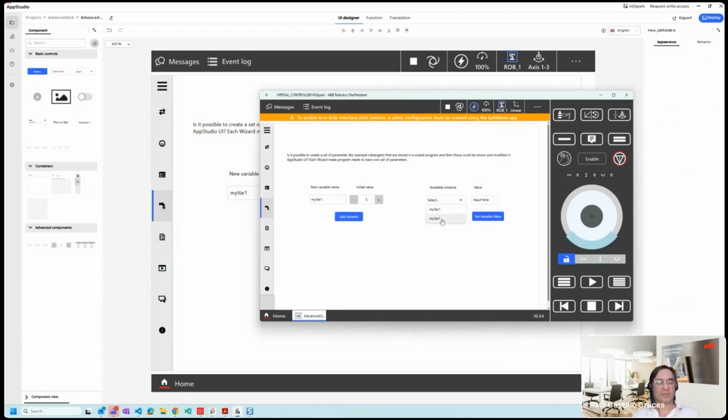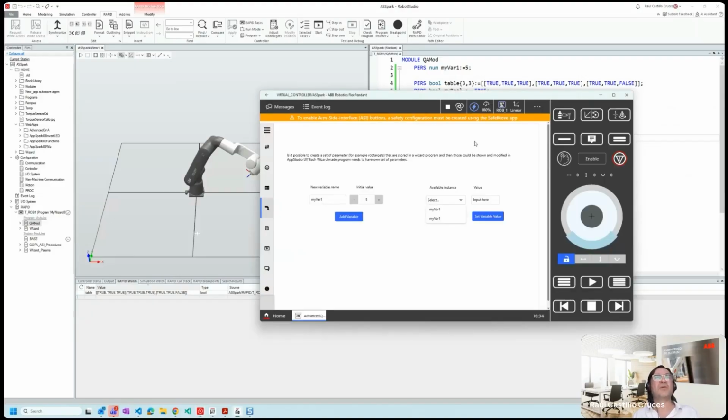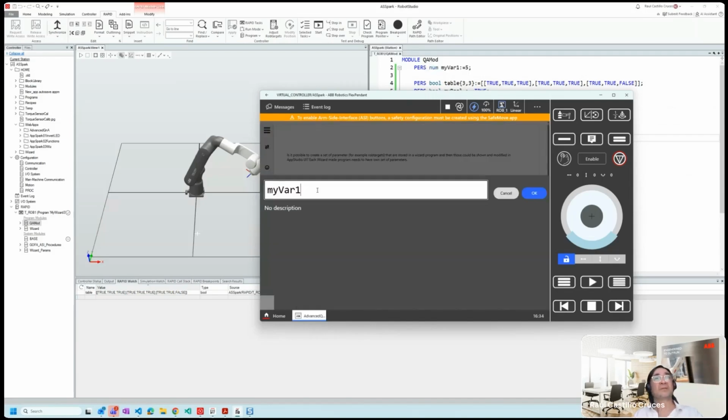This is actually wrong. If we go to RAPID, we are going to see that we have here the same one, which is wrong. That will create an error. So I'm not doing any error handling here. That is the responsibility of the user when we are doing this kind of intervention, which is not the typical one, to be honest, but it is very powerful. But when we are doing this kind of intervention, we have to take care of what we are doing, otherwise we can maybe break the module. But as I did it just now,